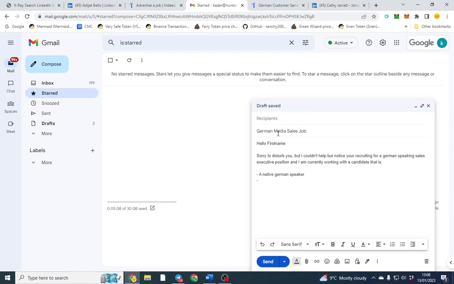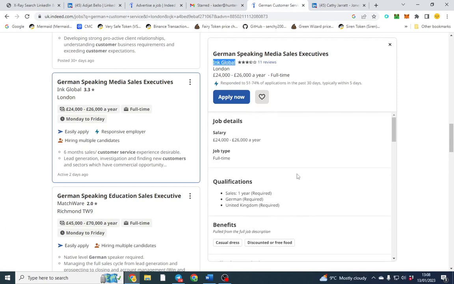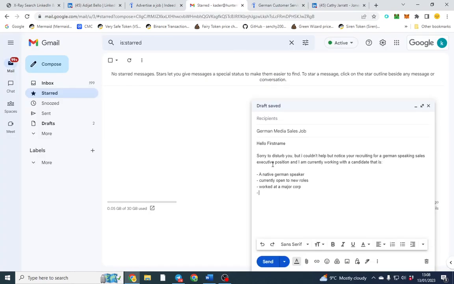the candidate. Native speaker, currently open to new roles. Worked at, obviously I'll put capital letters, a major corp. And whatever skill set they're looking for in their job ad, you'd spend time reading it. Let's say they've got 4 years' media sales experience. If you put something like that and they're actually looking, I know how hard these positions are to recruit for. You would probably get